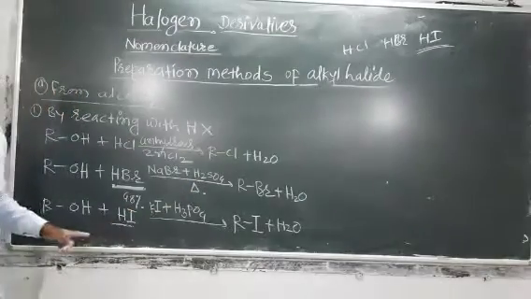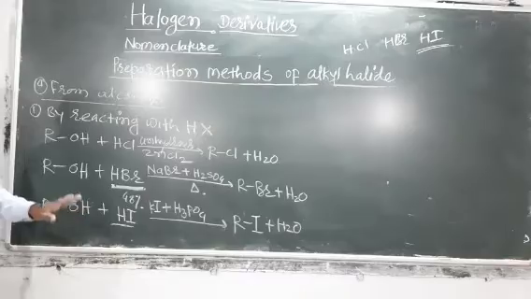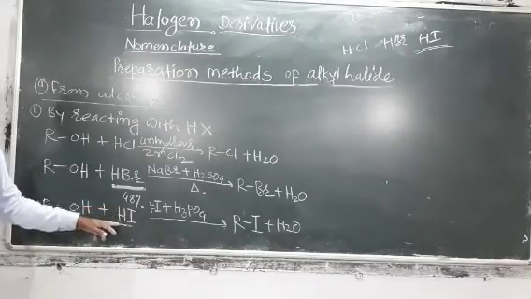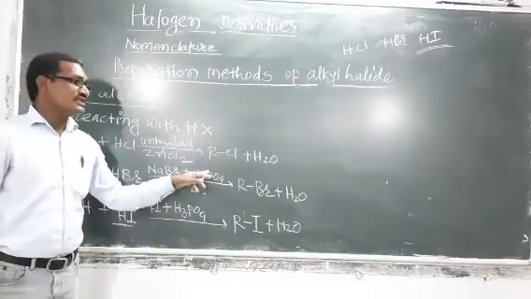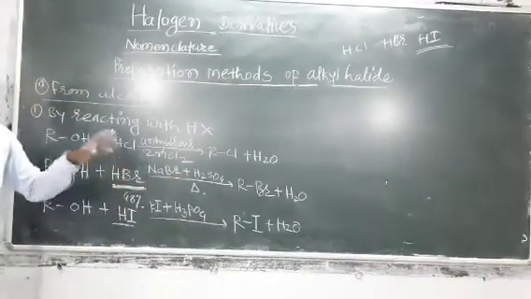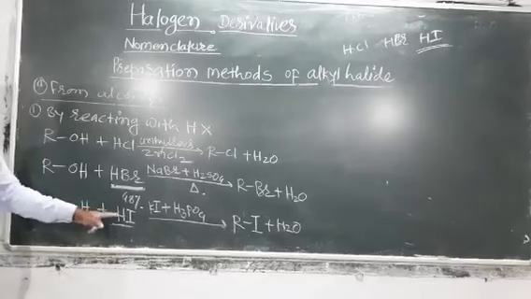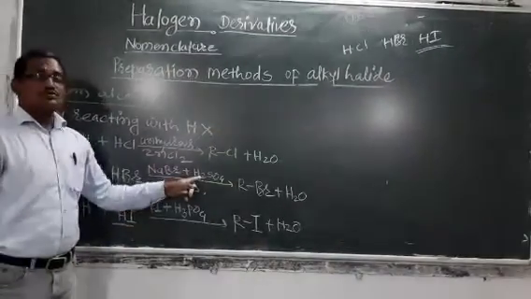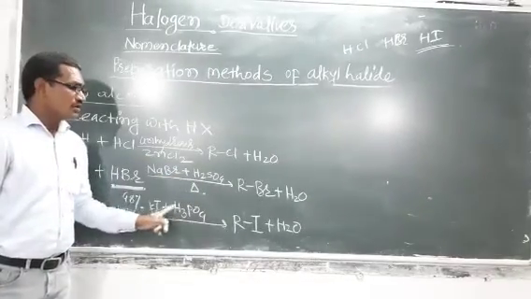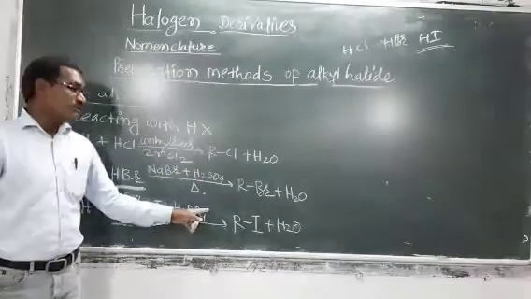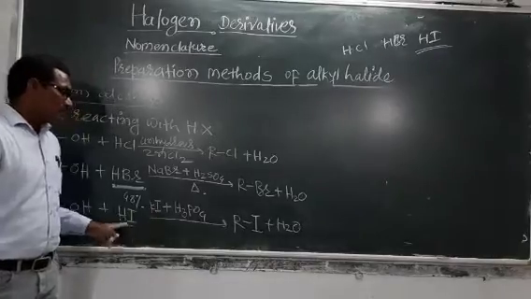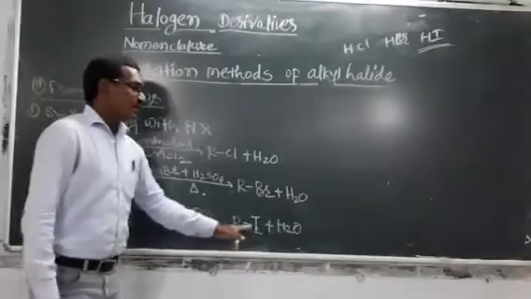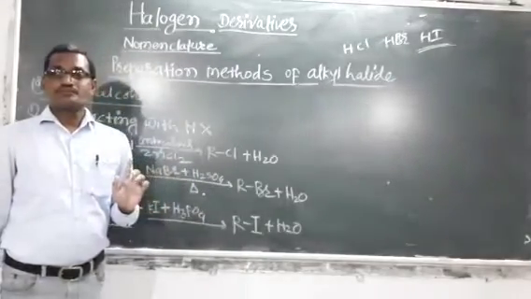The products are SO2 plus I2 plus H2O, because HI is a strong reducing agent and H2SO4 is a strong oxidizing agent. The reaction between these two undergoes a redox process. So we will not obtain HI while reacting KI with H2SO4. So instead of H2SO4, we use H3PO4 to react with KI to obtain HI. This HI then reacts with alcohol and gives alkyl iodide.